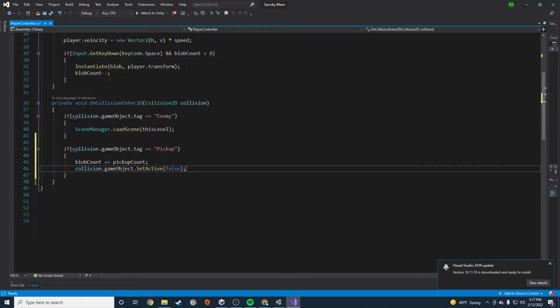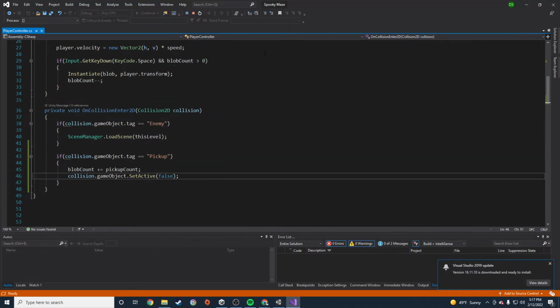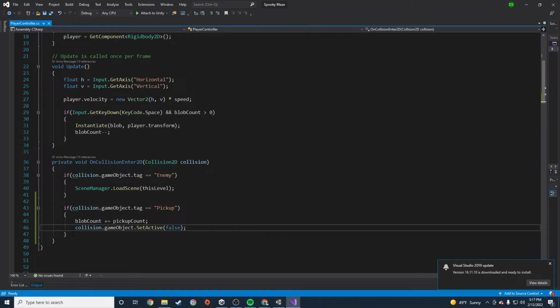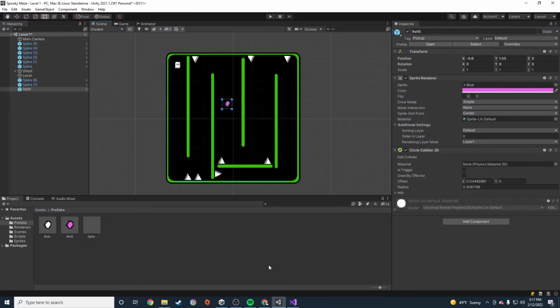Okay. Let's go ahead and attach this script. That's all the scripting we're going to do, by the way, is just add this one if statement and then have it increase our blobs and then turn it off whenever we're done. So we've added that. All right. Now over here,